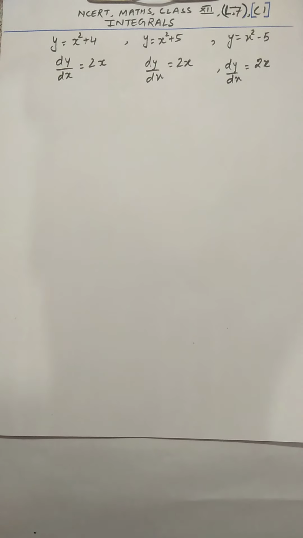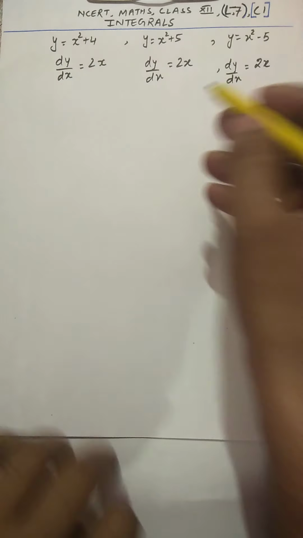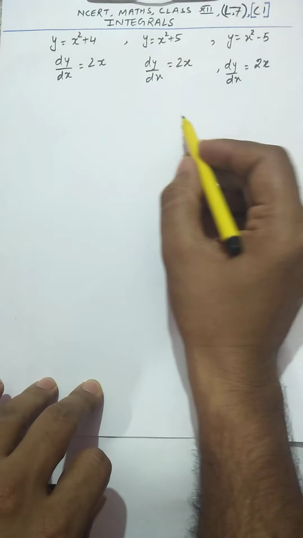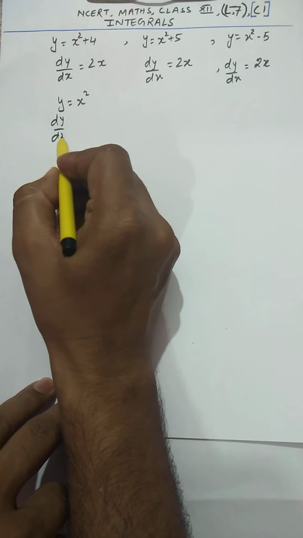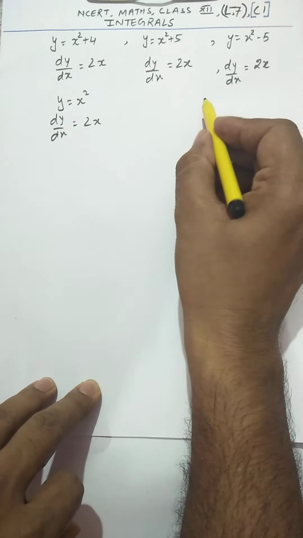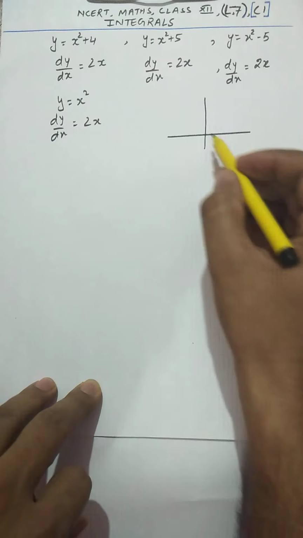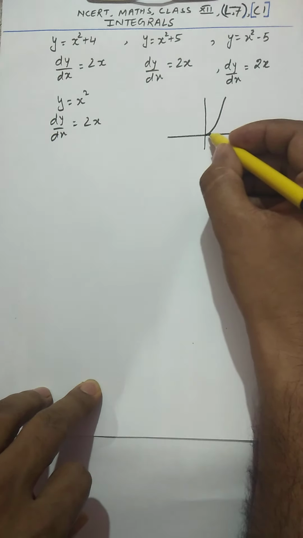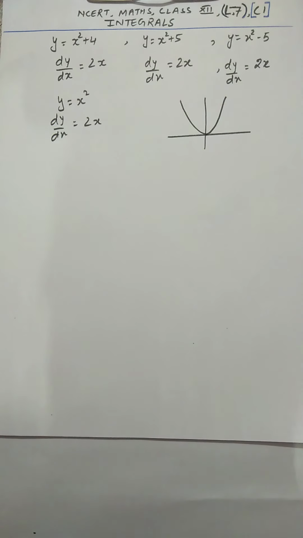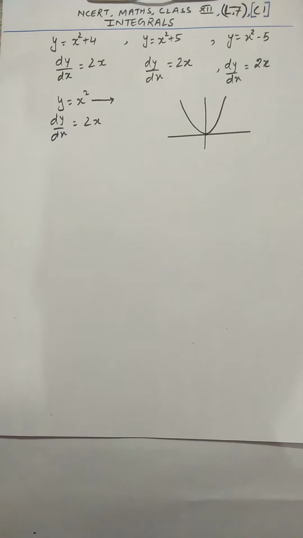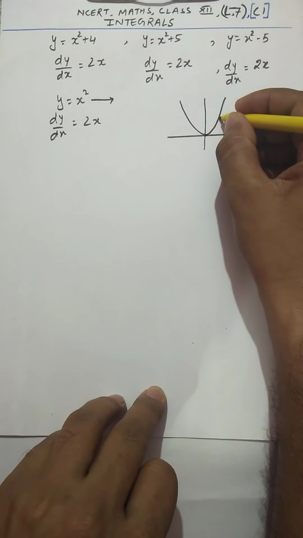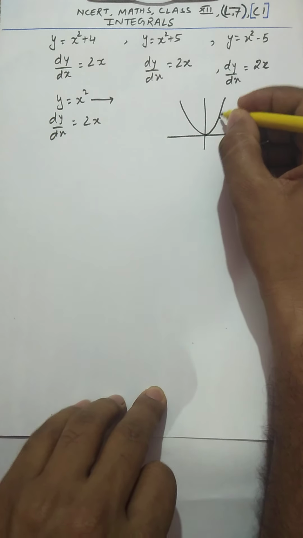So primarily, if we want to find the tangent at a given curve, for example if I take y equal to x square, even in that case dy by dx will be equal to 2x. And now I'm taking this y equal to x square. This is a parabola, the graph of the parabola y equal to x square. So what does that dy by dx reflect? It shows that if I want to find the tangent at this point,